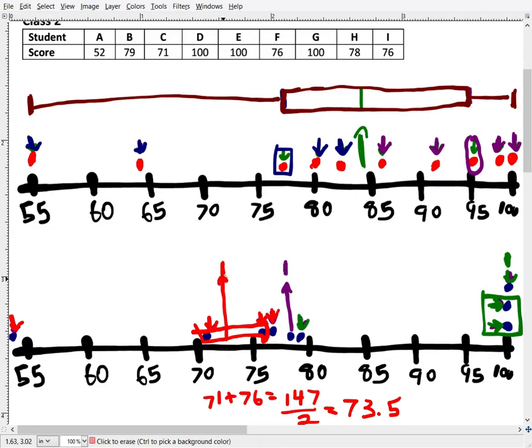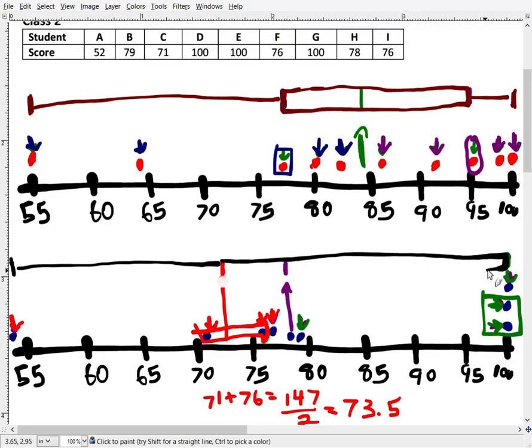And ultimately what that means is that I can now say that my box is going to stretch all the way to the minimum, which will be down here at the lowest spot. And then it's going to have a whisker that will stretch all the way up to quartile 1. And then I'm just going to keep going all the way until I get to quartile 3. Now what's interesting about this particular box and whiskers plot here is that if you notice, the max and Q3 are both right here at 100,